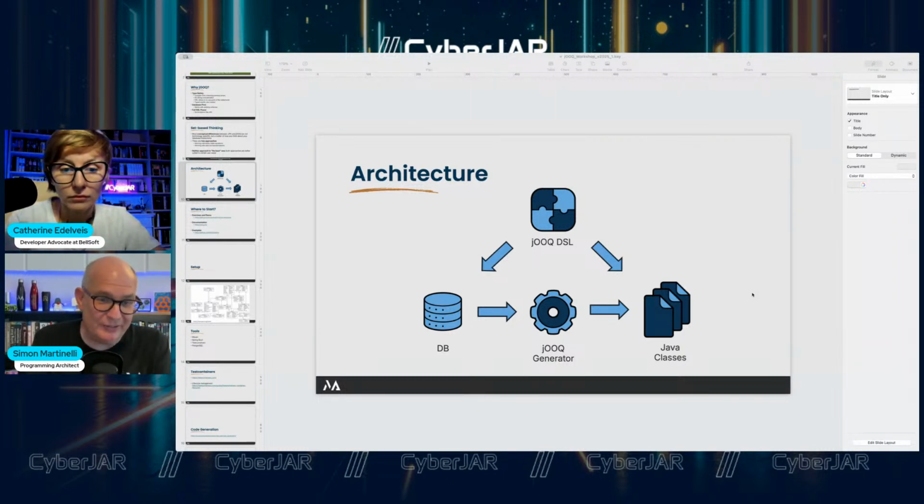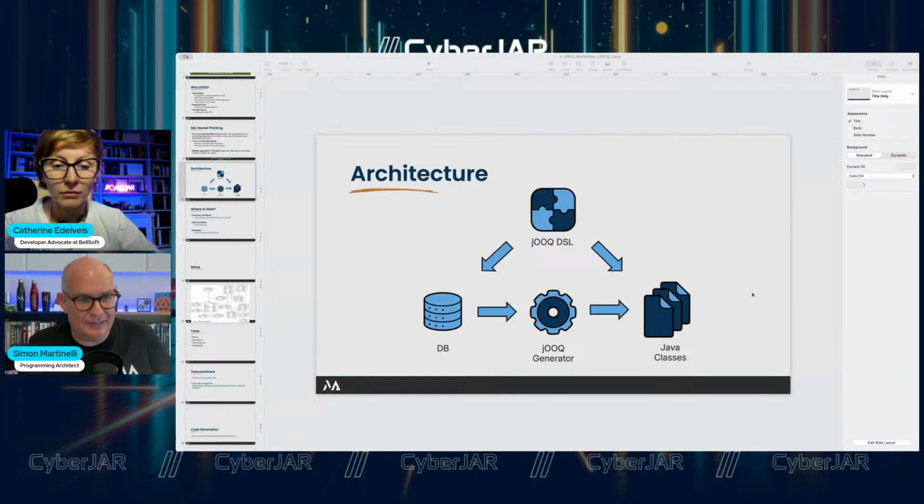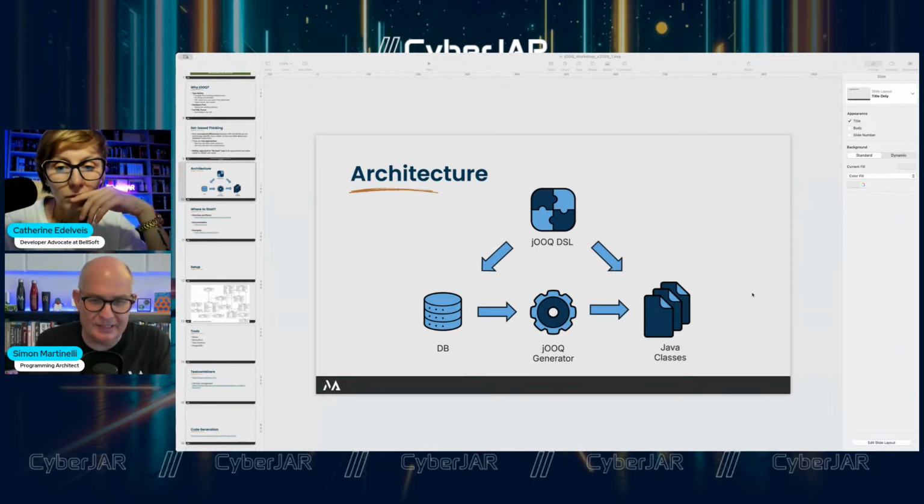Now the question is, where does this database come from? And you have multiple options. One option could be you have a running database somewhere and you use that. So maybe that's not the best solution, because how do you do versioning, for example? What happens if the database changes? That's a bit of a problem. On the other side, you could maybe have Liquibase or Flyway for database migrations already. And jOOQ is able to generate the Java classes also based on these SQL statements. So you have the DDL statements, and then you can generate the Java classes.